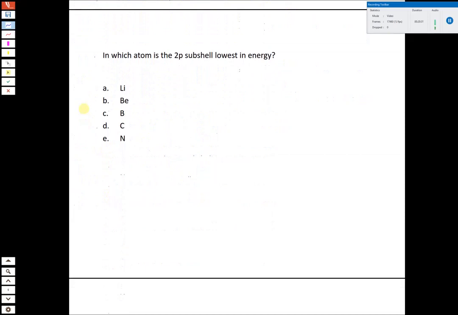All right, the last few questions deal with questions that we had trouble with based on the results of the homework assignment. And so what we have here is which of these is the 2p subshell lowest in energy? And I think this question was a little bit easier than we may have thought at first. And I didn't really cover it in this exact terminology in class, so I understand why there was some confusion. So if we're comparing the same subshell in different elements,